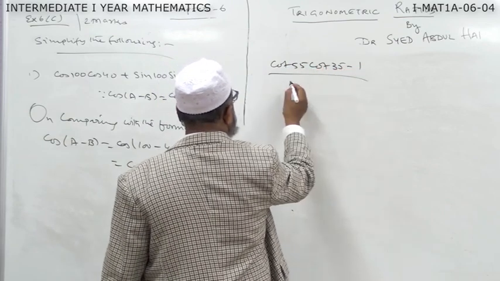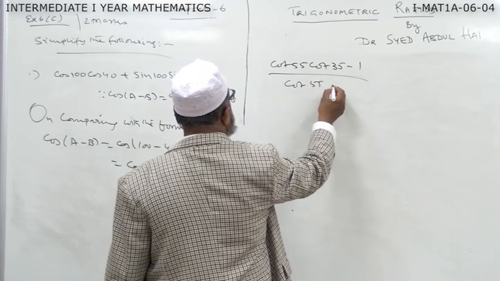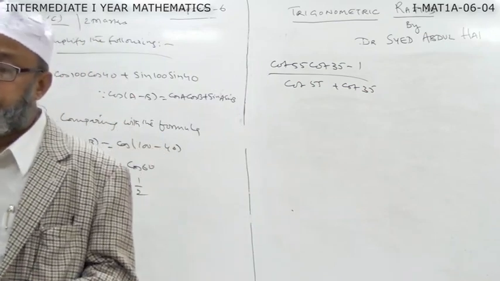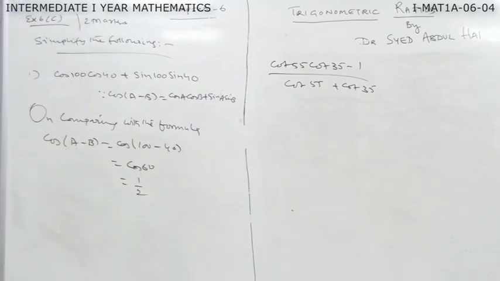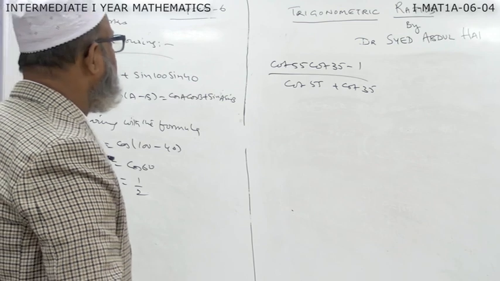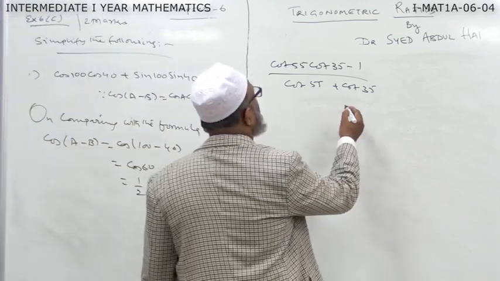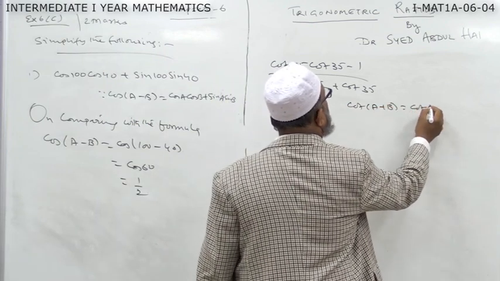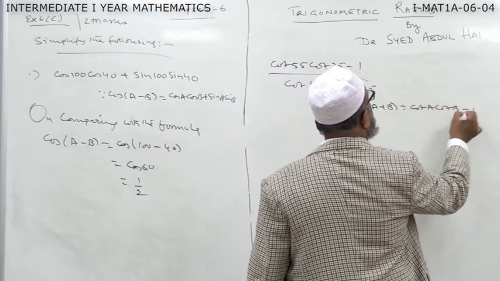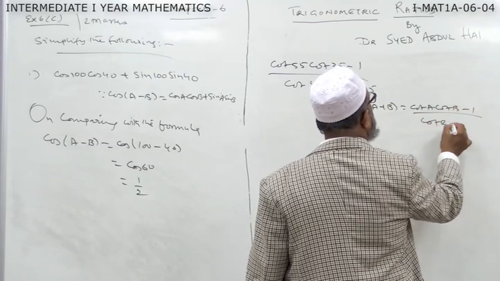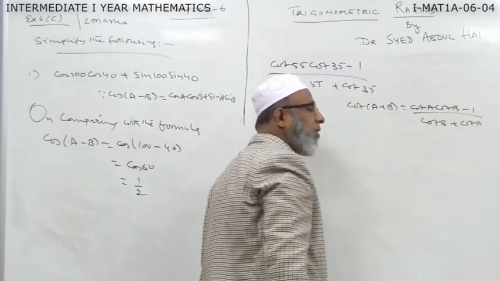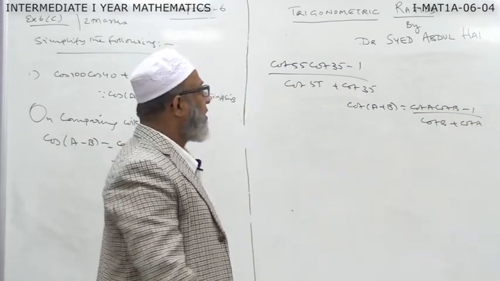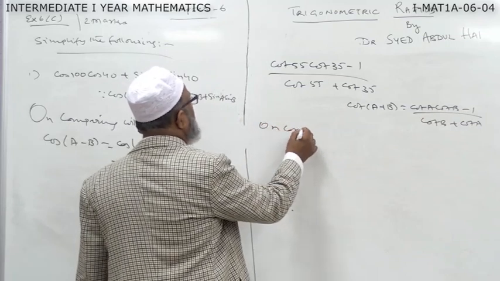Minus 1 by cot 55 plus cot 35. Again, it is in the form of cot of A plus B. Cot of A plus B is equal to cot A cot B minus 1 by cot B plus cot A. Is it clear? It is related to cot of A plus B, cot A cot B minus 1 by cot B plus cot A. Therefore, on comparing